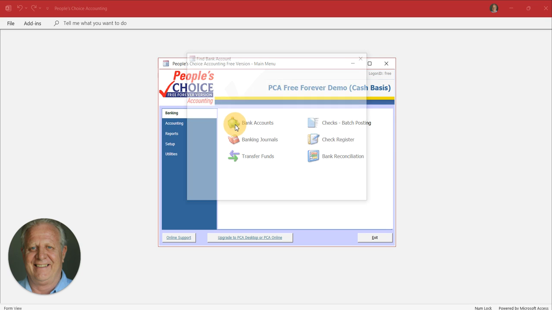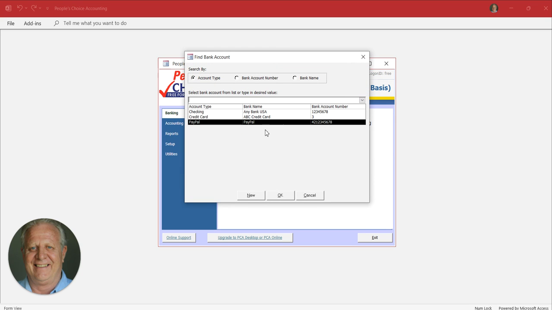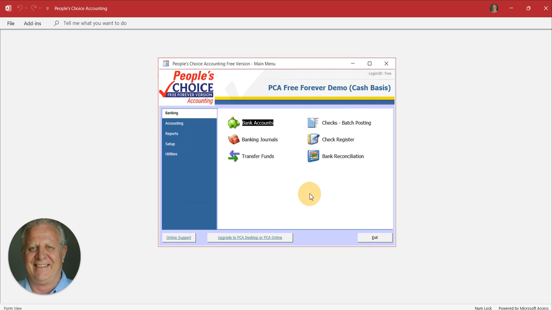The bank accounts, you can set up as many bank accounts as you want. The main focus will be on the checking account, but we do have some tips on setting up a credit card account or your PayPal account or any other banking cash type approach. The system's built on a checkbook, but we call them bank accounts because managing a checkbook, from entering in transactions and so forth, is the same as managing a credit card. You get statements every month,